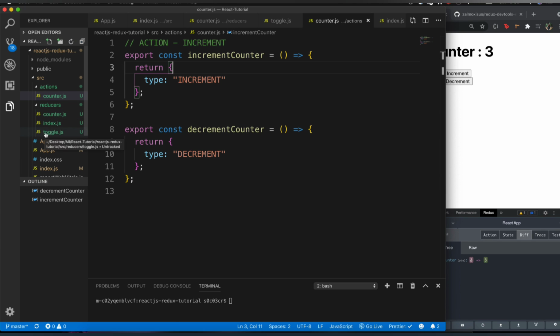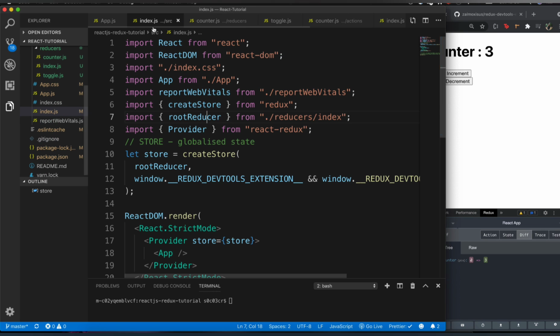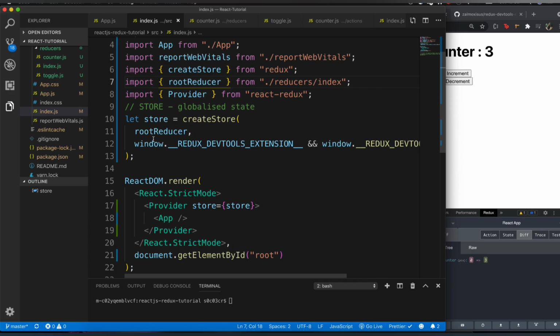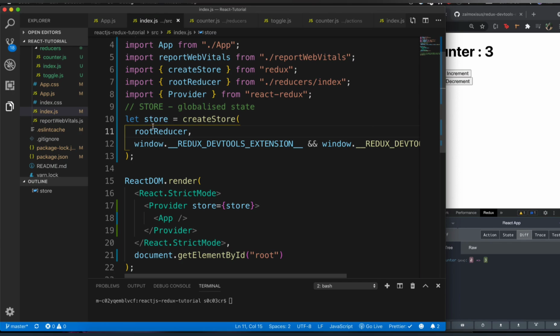So you have counter, you have toggle. It's going to go to both of these reducers, right? But since we are handling it inside counter.js, when it comes here, it says I dispatched increment, and it's being handled inside counter.js, right? So let me go ahead and execute this. Since the case is increment over here, the state changes from 0 to 1. And since there is a change in the state, if you go to our main store where we have given the root reducer as an argument, since the value of counter changed, the main store is updated. And since the main store is updated, we are able to see the changes in the UI.